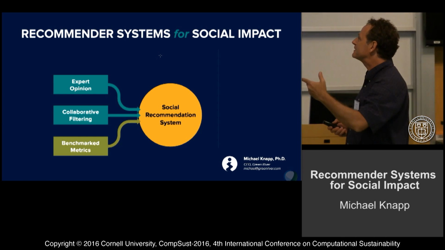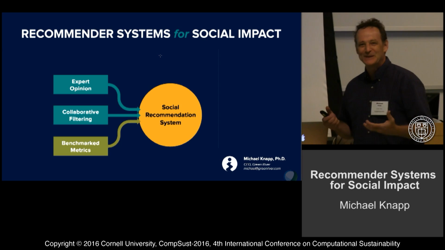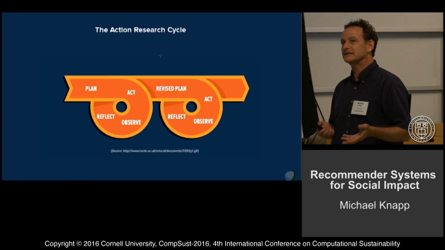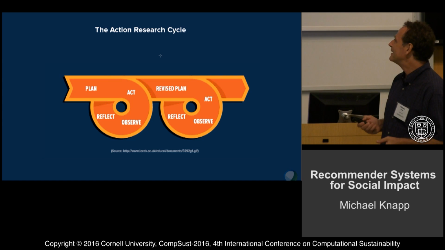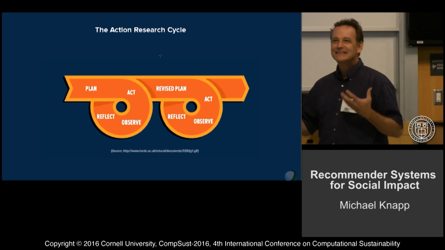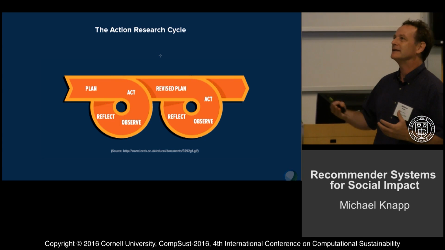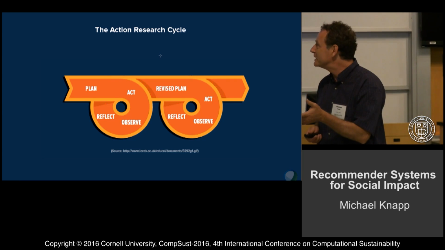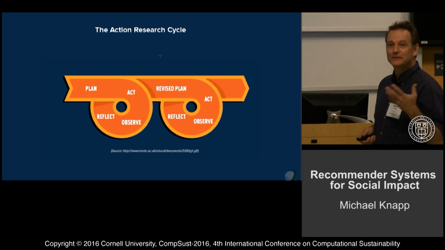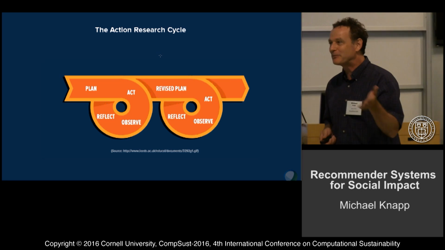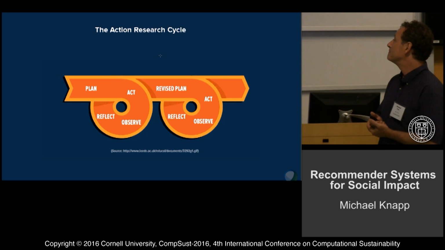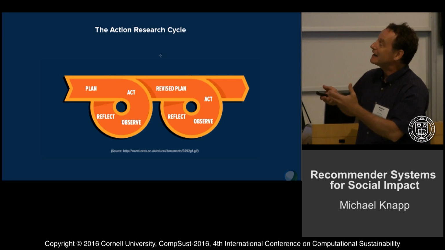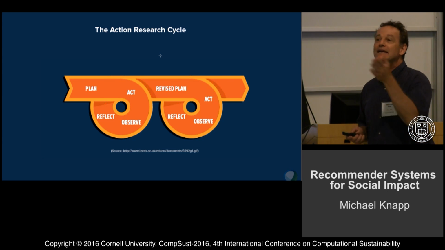And then it's a learning system because we learn from what people actually buy, as you would in any collaborative filtering system. You learn from success and failure, and you feed back into the system. So that's the kind of general concept, but then in order to build systems that result in continuous improvement and social change in some sort of societal improvement, we turn to the action research cycle, which I think is really the foundation of taking forms and reports and data collection to the next level to say, okay, we're going to take the results from the recommendation, implement it, observe what happens, and then feed it back into the recommendation engine